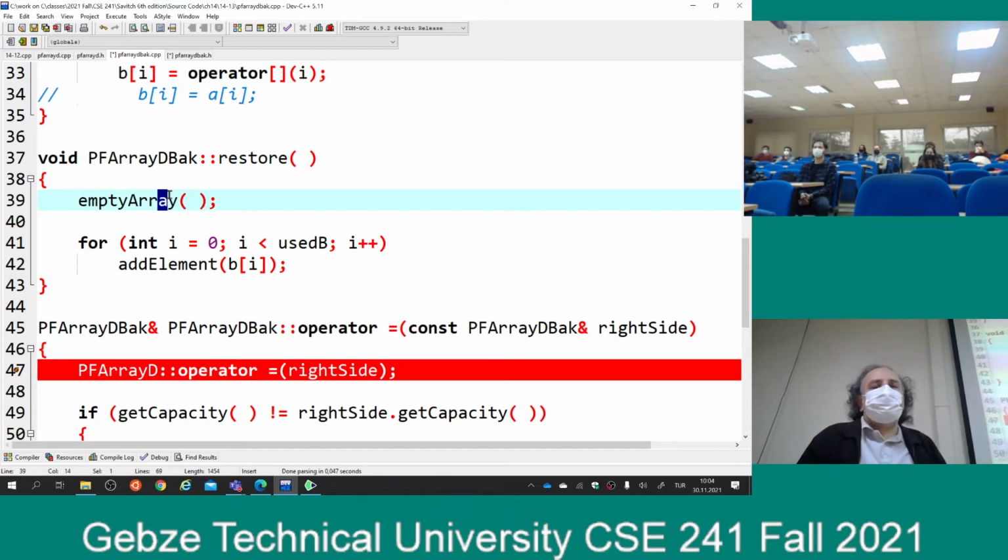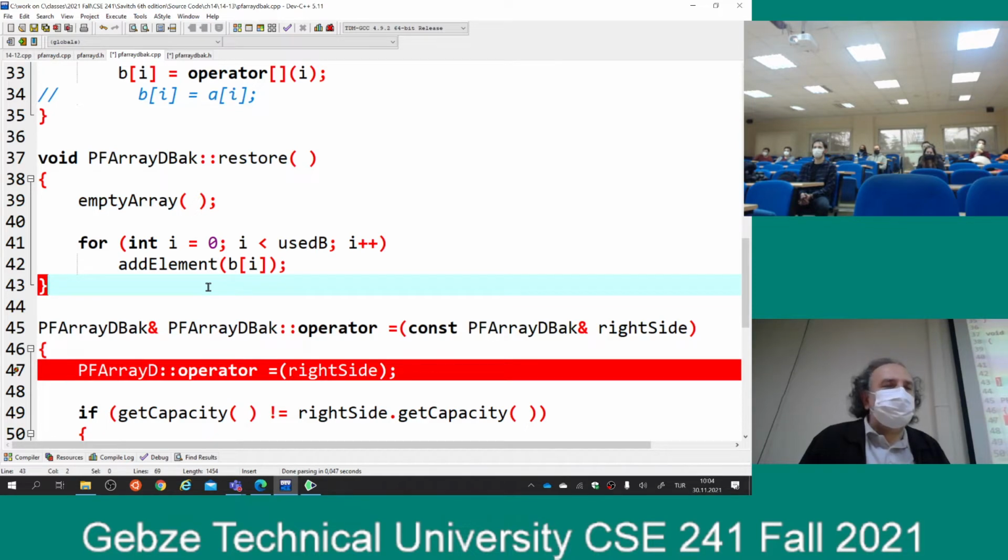So what am I gonna do? Well, I kept all of my values in this array B. So what am I gonna do? I just push them one by one to the end of the array using the add element function. That's what I'm doing here. I don't think that this code comes from the book. I think I made this. So maybe the alternative would have been